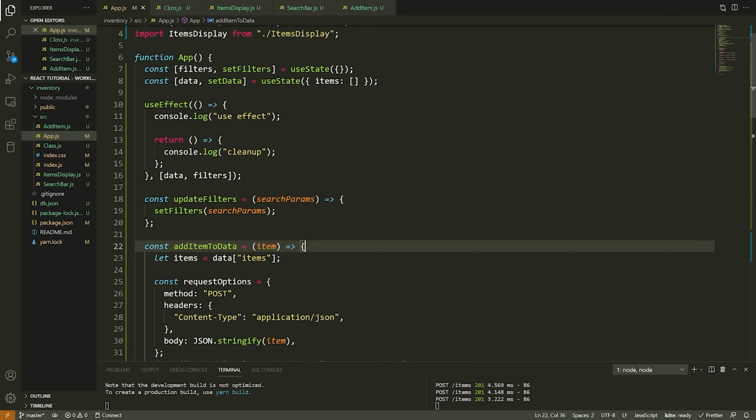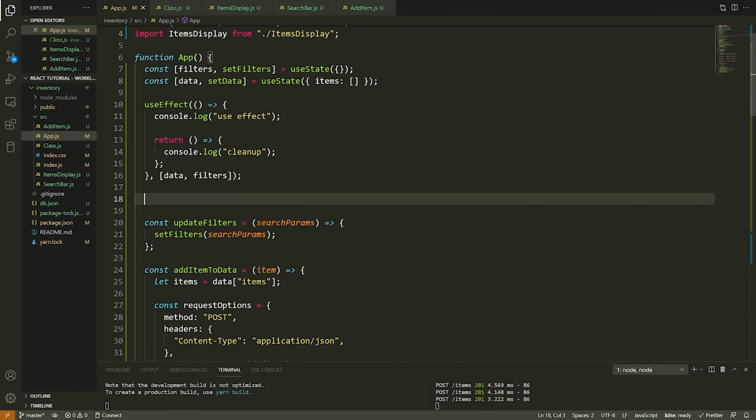All right, so that is kind of the basics of useEffect. Now, the thing is, you can have multiple effects, right? So I can actually do another useEffect here, and just put another function like I would. And in the exact same way that this useEffect works, this one works, it's just another effect.